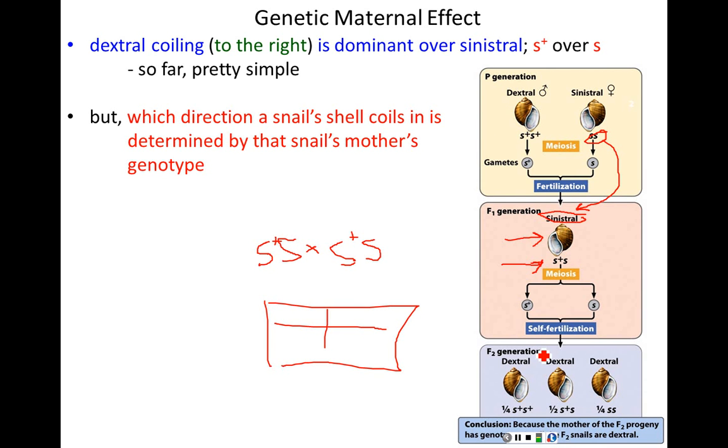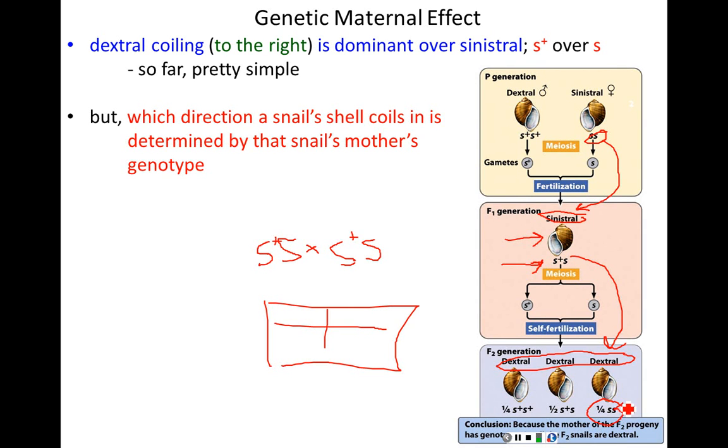Keep in mind that the phenotype in the offspring always reflects the maternal genotype only. So the offspring are 100% dextral because the mother had the dominant genotype. She didn't show that genotype because she was lagged due to her mother, but she had a dominant allele, and so all her children show the dominant trait. Some of those children are homozygotic dominant genotypically. Some are heterozygote. Some are homozygotic recessive. Yes, but they all show the trait that the mother's genome encoded.